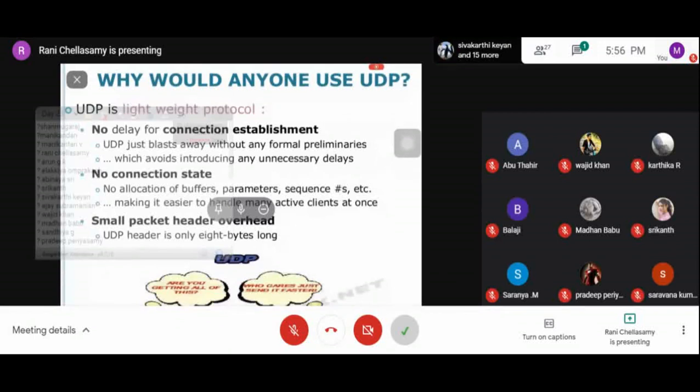No connection state means there is no allocation of buffers, parameters and sequence numbers. No such process is carried out, which makes it easier to handle many clients at once. And compared to the TCP header, the UDP header is only 8 bytes long.